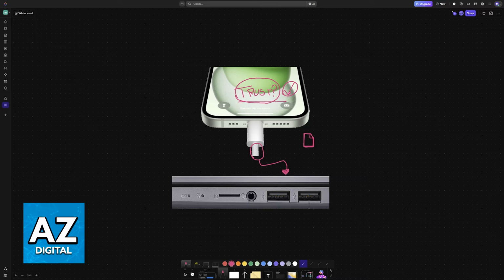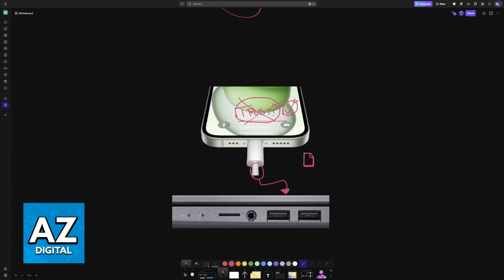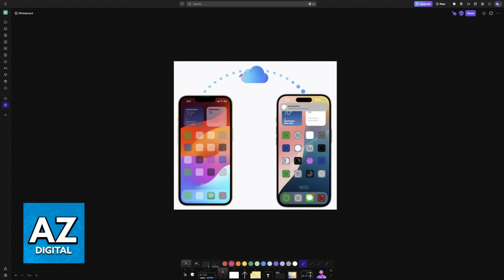Now, if your iPhone is severely broken and you cannot accept the trust prompt because the screen is unusable, then sadly there isn't much that you can do. You need to find a way to give it permissions and allow the data to be accessed. So if this is completely out of the table because you cannot access the touchscreen, I would recommend checking to see if you had an iCloud backup ready.